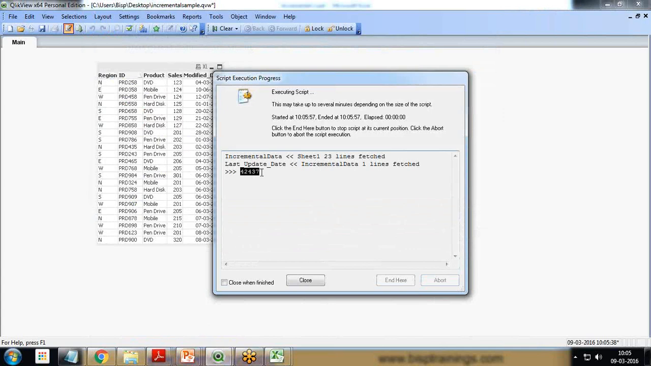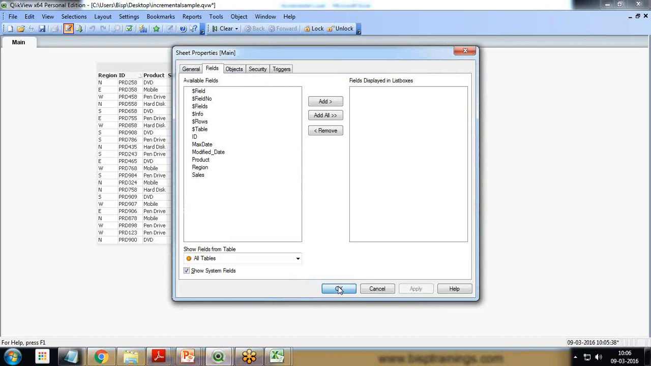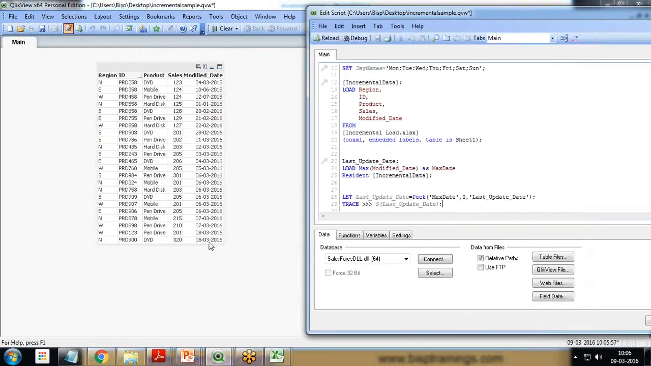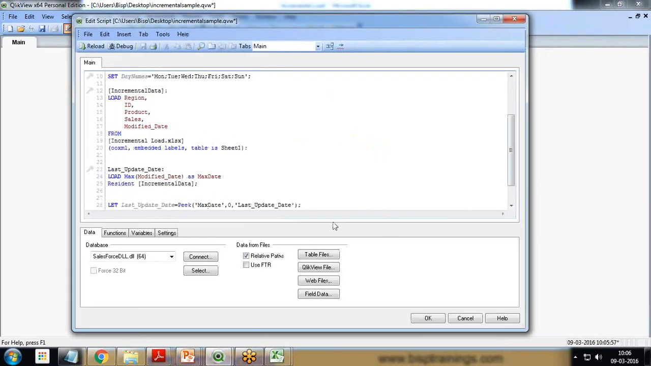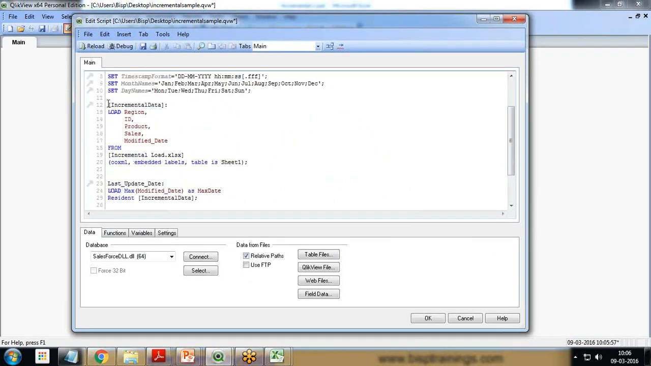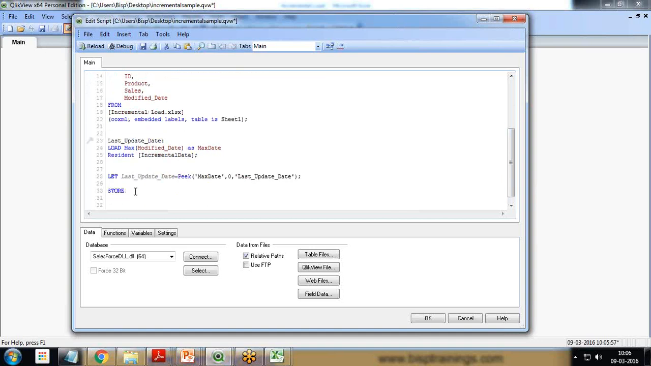So you can see the variable holds the value 42437. It's holding the maximum updated date, basically 8/3/2016, because this is the last updated date. Now I'm going to store this file in QVD format. To store the file, we use the command store, and I want to store this incremental data in a QVD format. So I use here store incremental data into, on my D drive, incremental data dot QVD in QVD format,